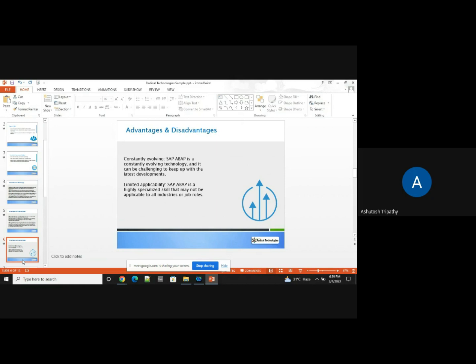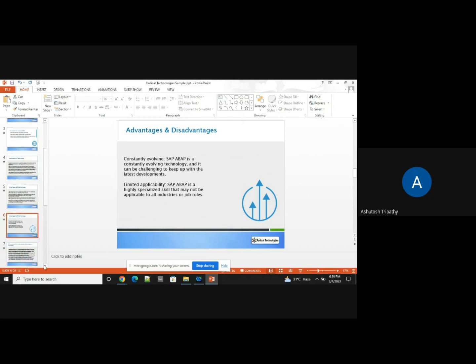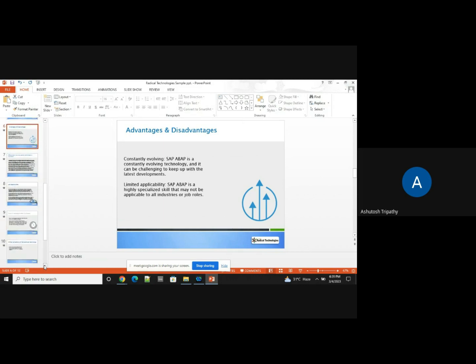Let's say it's Naukri.com or anything. If you learn the proper specialized things in ABAP, then it's good to get a job, and as I said, the market demand is very high. There's no concept of recession in ABAP, because so long as you have organizations from manufacturing to retail, your industries will have ERP software, and SAP is always there in every ERP market. That's the reason the chances of getting a job are very high.